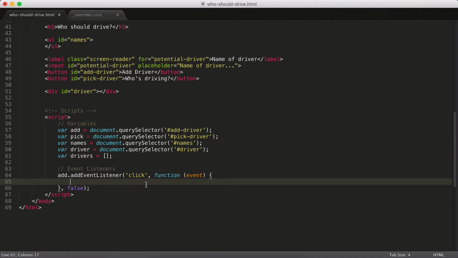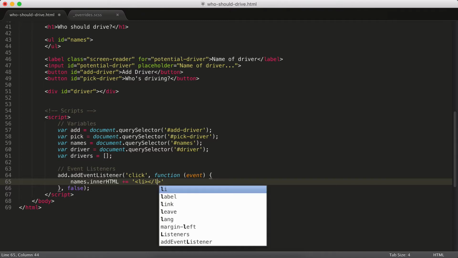So what we're going to do is names inner HTML plus equals. What that's going to do is take the content that's already there and add to it. Right now the inner HTML there is empty, but as we add names to the list, it'll continue to grow. So we're going to add a list item, li,